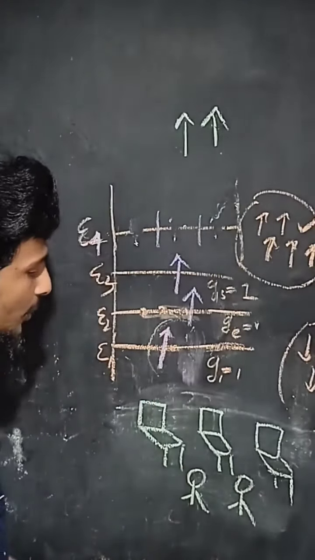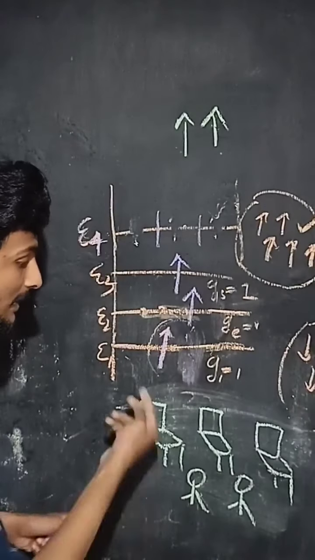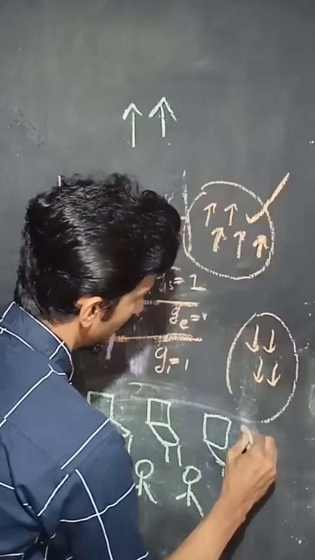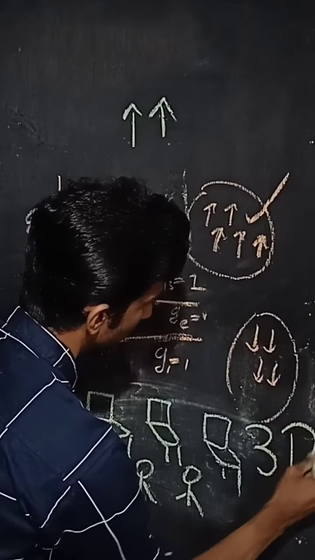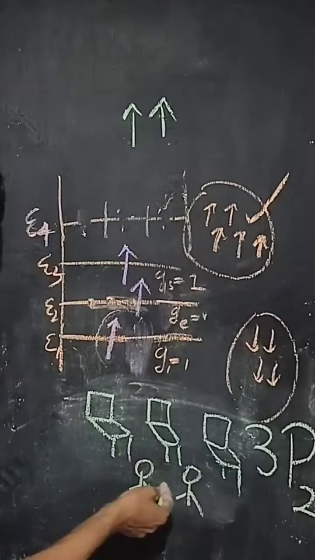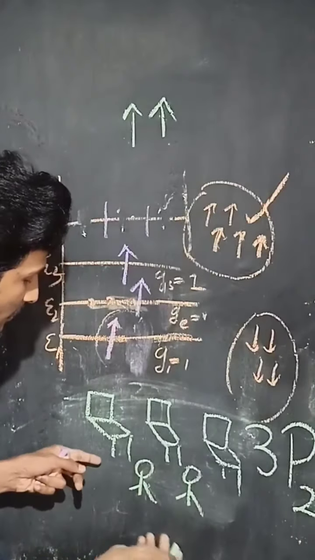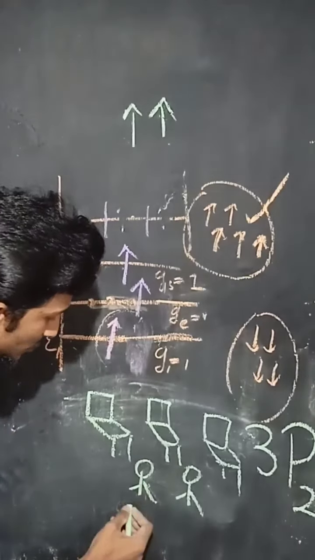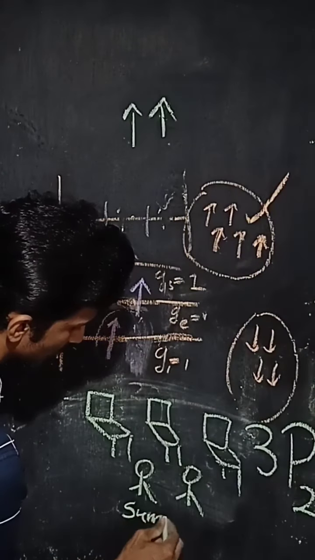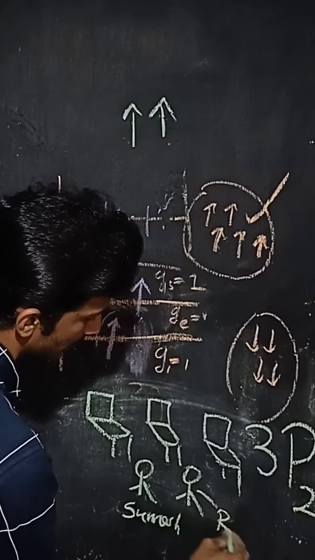You know from your +1 classes that it is 3P2. If needed, you can name this man Sumesh and this man Ramesh,